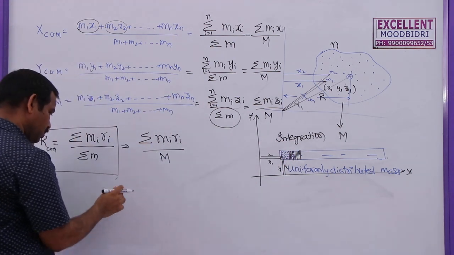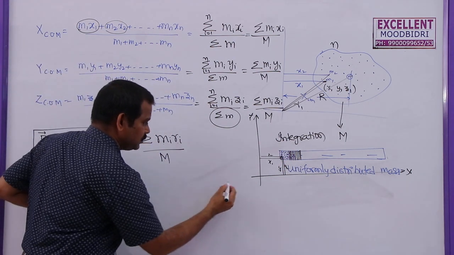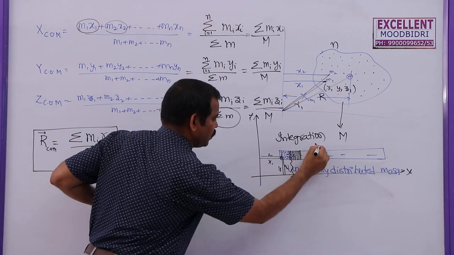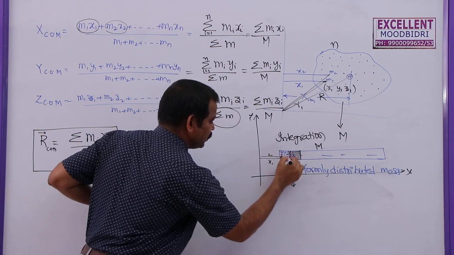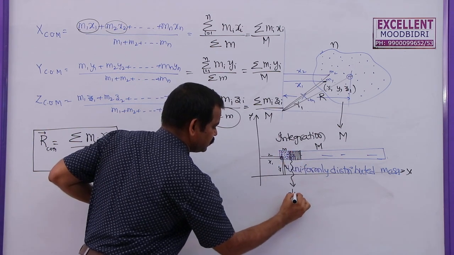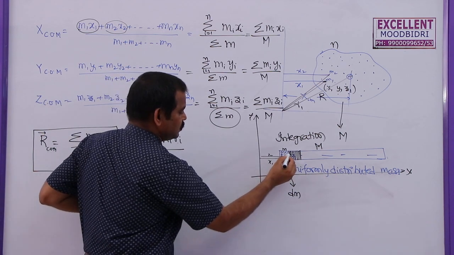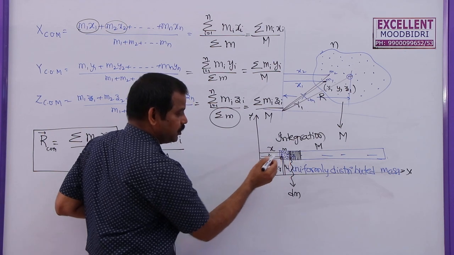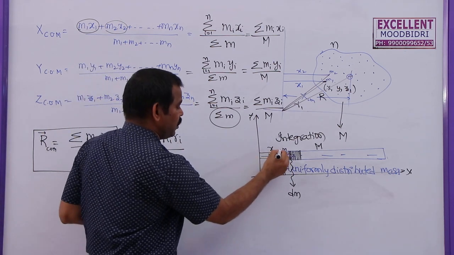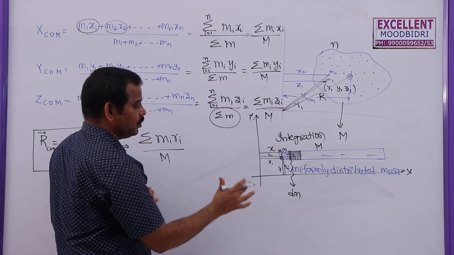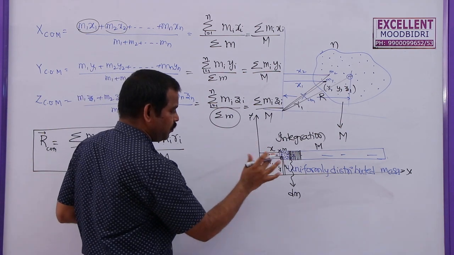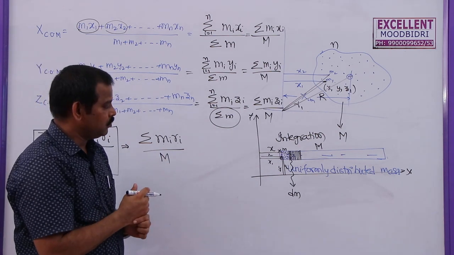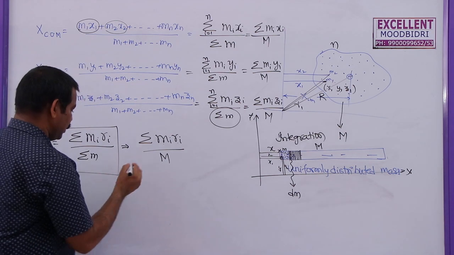So due to this, what are we going to write? Let us say the mass of the entire body is capital M, and the mass of the small strip is dm, and the distance of this one from here to here is x. If you find the center of mass for this small strip, and if you integrate from the lower limit to the upper limit, then you will get the total center of mass somewhere here. We will learn this integration in second year PUC mathematics, but now we can write this equation.